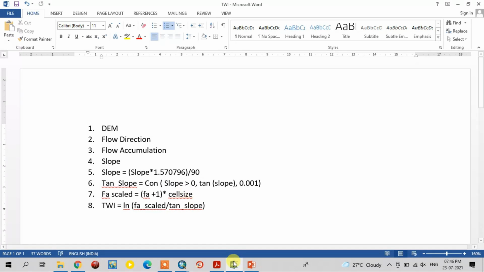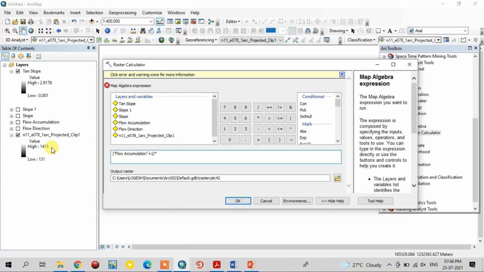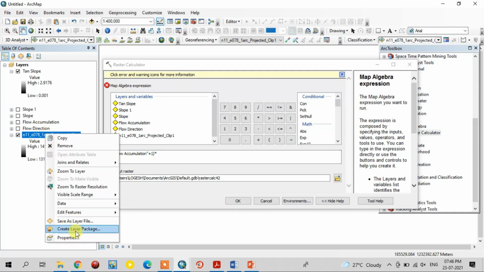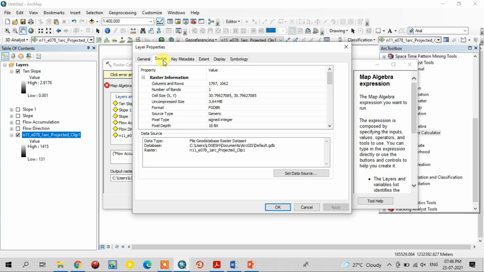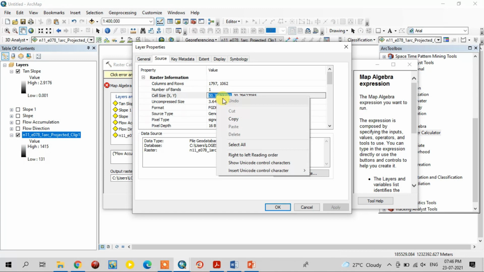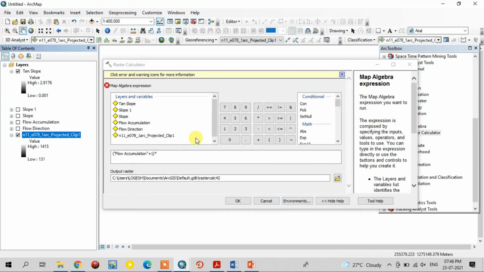Don't worry, we just go to the digital elevation model data properties and go to the source. Here the cell size is there. We just select the cell size, copy this and paste here.